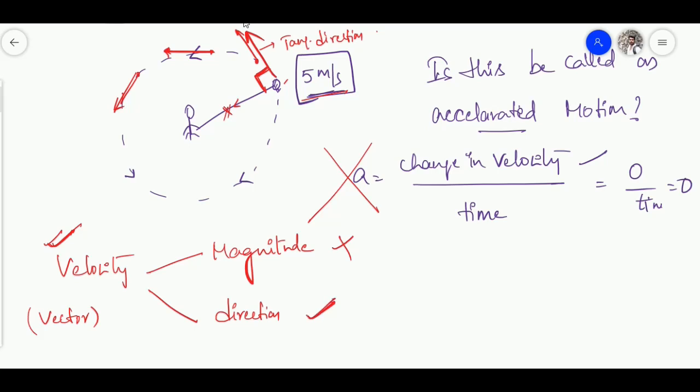So in this case the direction is changing, and I can say velocity is changing, and there is a change in velocity. I can say there is acceleration, and it is an accelerated motion. Magnitude is not changing, direction is changing at every point. That means there is a change in velocity. When there is a change in velocity, there will be an acceleration, and that motion will be called accelerated motion. And what is the distance traveled by the stone for one whole rotation? That is 2 pi r, nothing but the circumference of the circle.